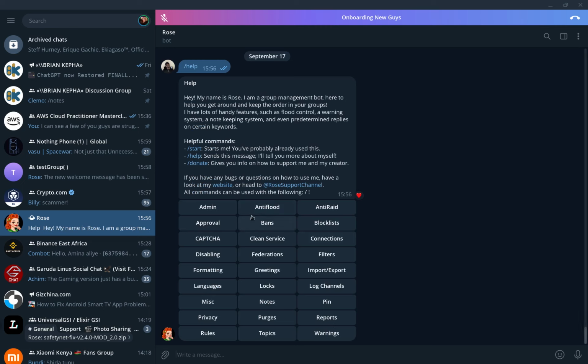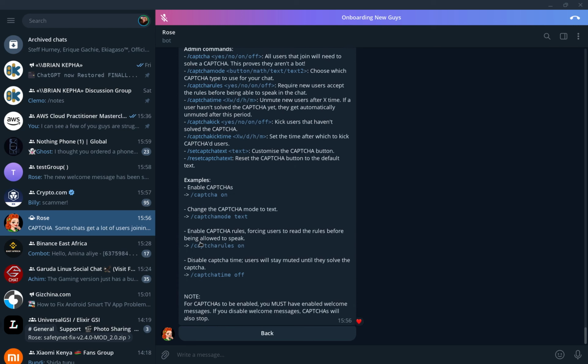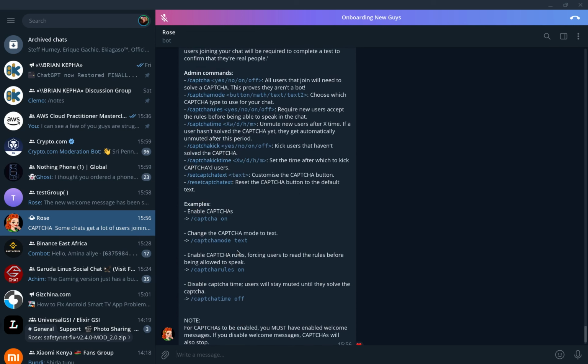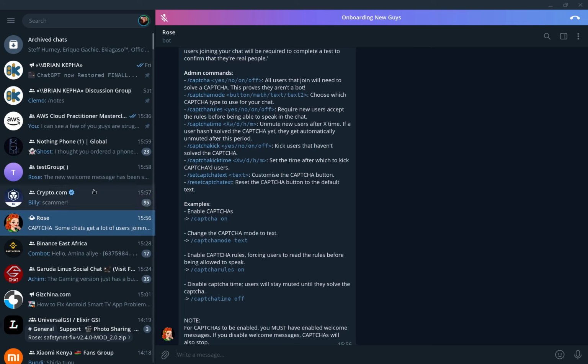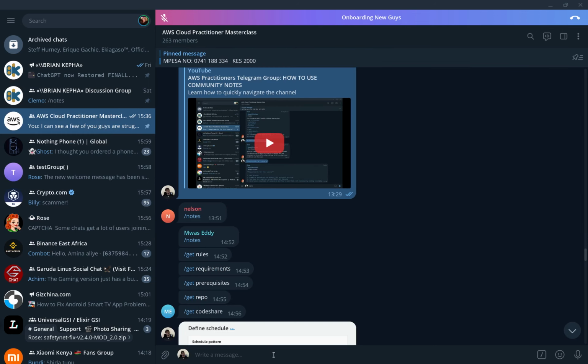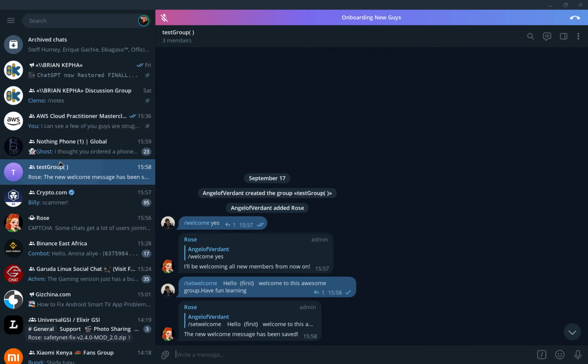Let's come back here. Now there are a lot of things that you can actually do here. So for example, you don't want bots to be able to come into your group. So what do you do? You simply come to captcha. So you want to put on captcha so that anybody who enters your group has to solve a captcha to enter, so that you avoid a lot of bots coming in. So in this case, you come in as admin, you say captcha yes. If you want to enable captcha, simply come to this group and say